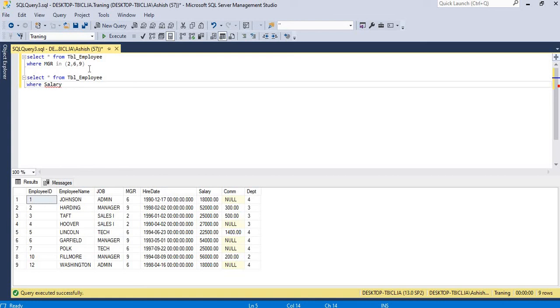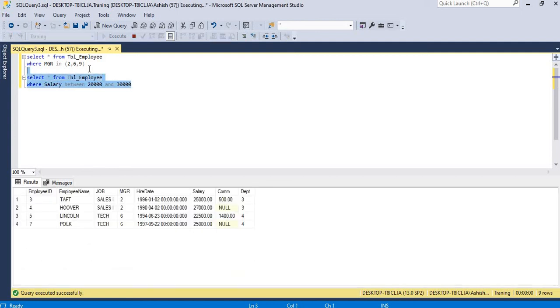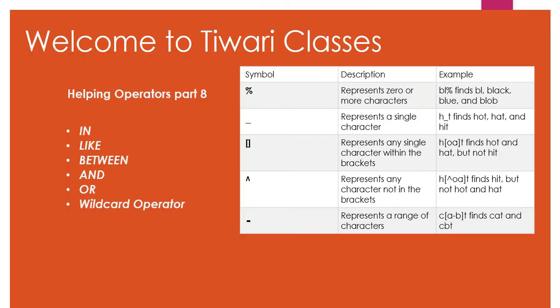So salary between 20,000 and 30,000. Okay. See guys, so salary between 20 and 30 is showing the records. These are the helping operators we have.